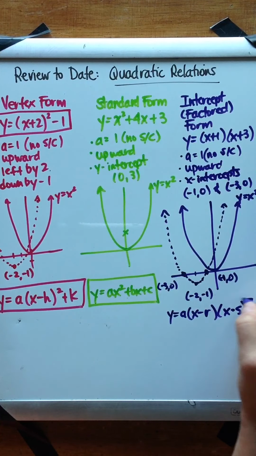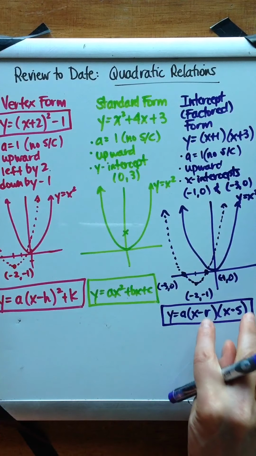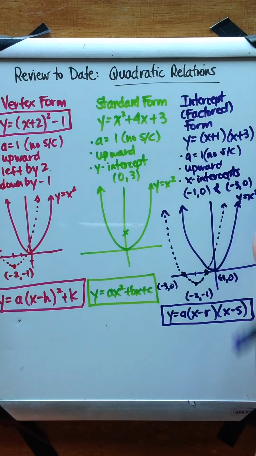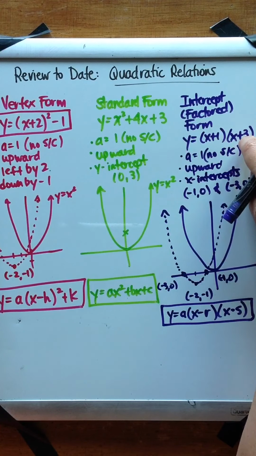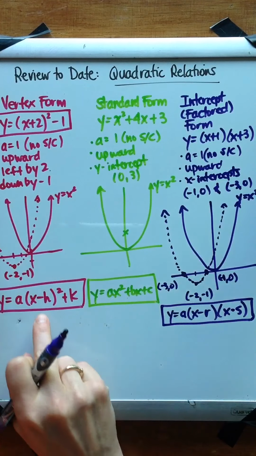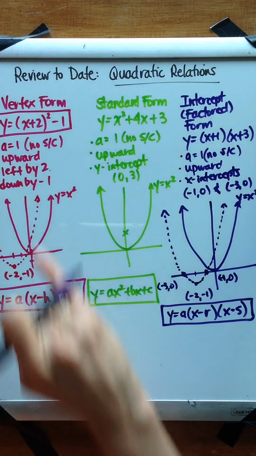And you'll notice in these general formulas, when you see a negative in it, like here, negative r or negative s or negative h, that's kind of a clue that, again, remember, what you see is opposite to what you get. So we saw plus 1 and plus 3, but the x-intercepts were actually negative 3 and negative 1. Or here we saw negative h, so even though that says x plus 2, which we think means